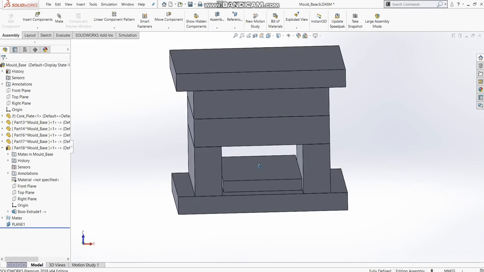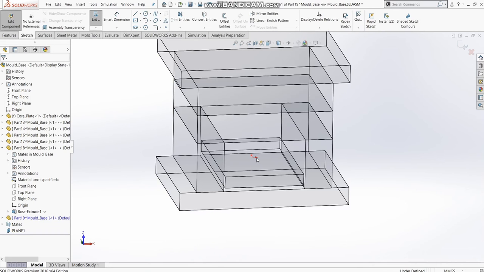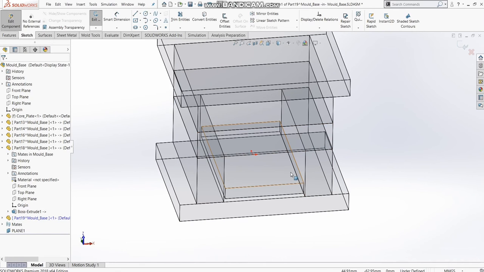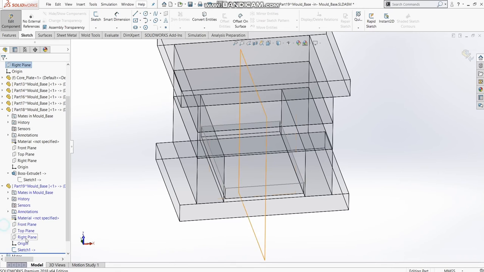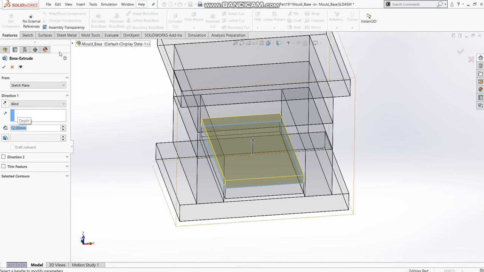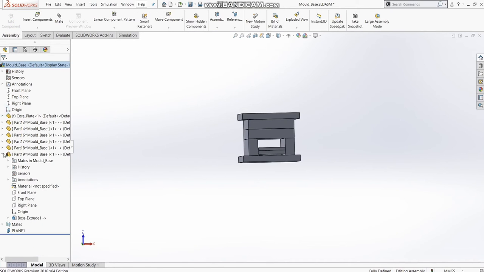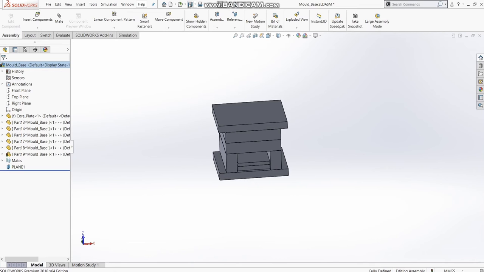And the last and final thing is the ejector plate. Again insert component, new part, select the plane, and since the size of the ejector plate and back plate is going to be the same at any cost, I'll directly convert entities of the sketch. So my sketch for the ejector plate is ready. I'll go to sketch, then extrude, and 12 becomes my thickness for the ejector plate. So first, we have prepared a basic mold base